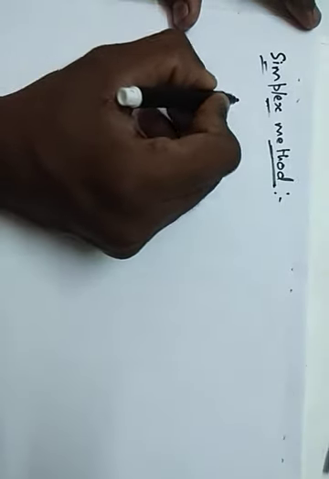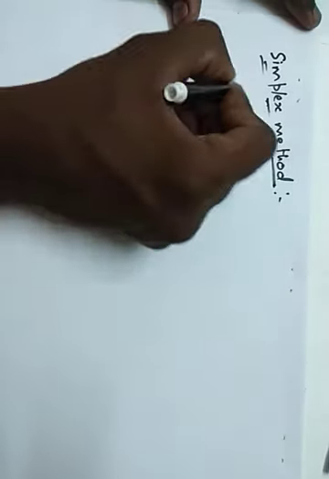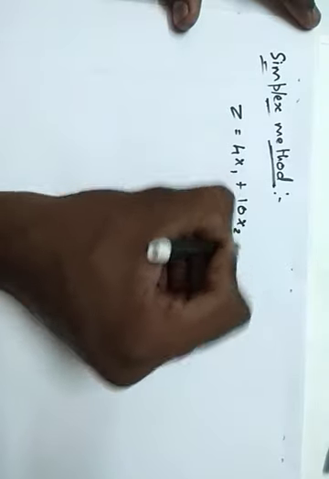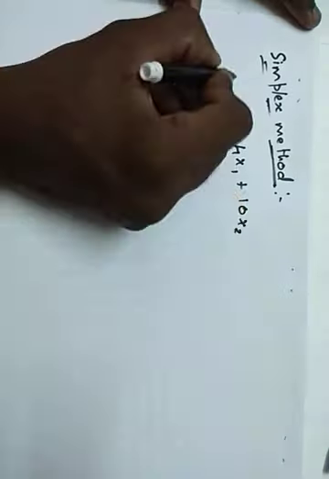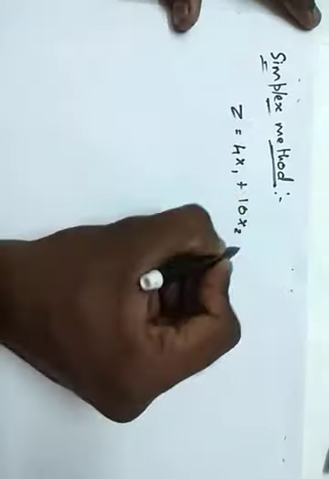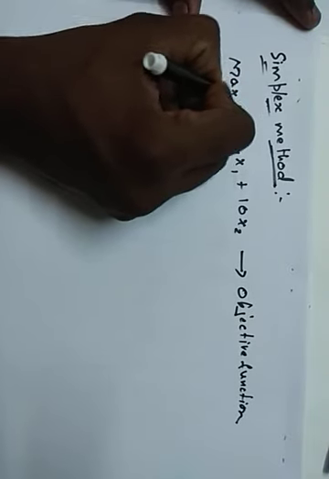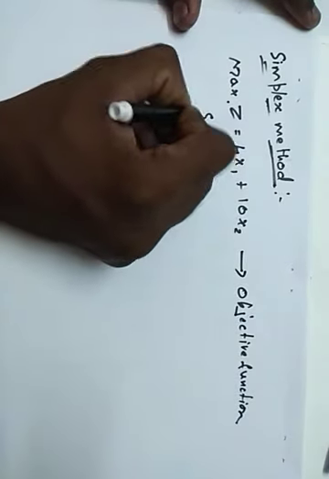Now the basic of simplex method is Z. Let us take an example. Z equal to 4x1 plus 10x2. This Z is called as the objective function. Max, and subject to